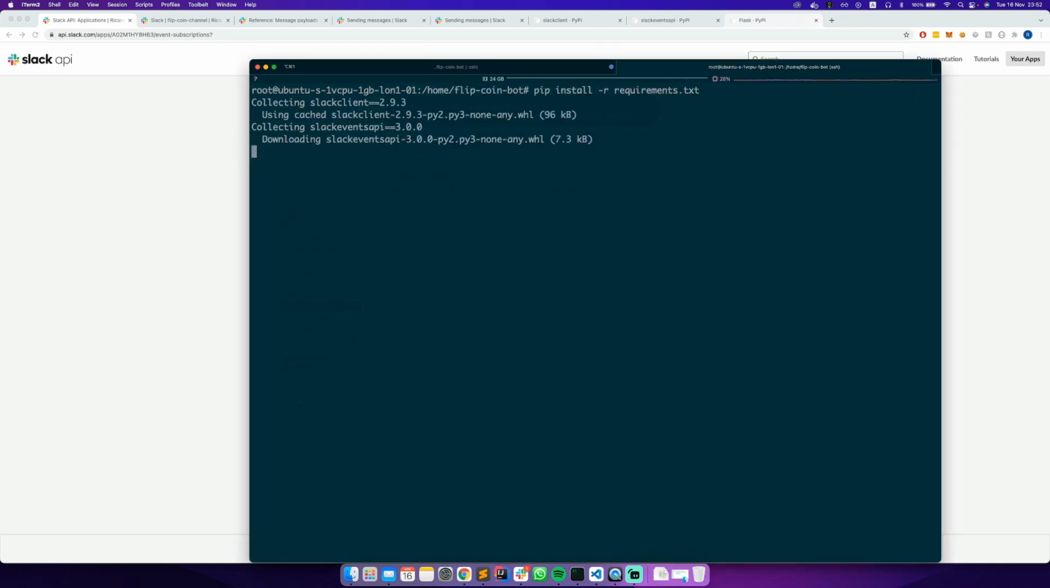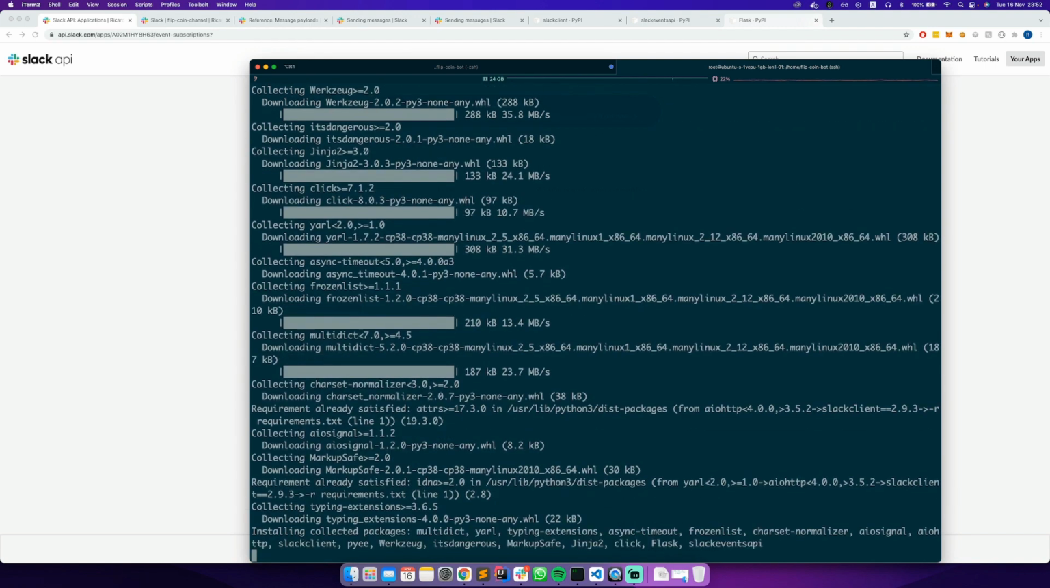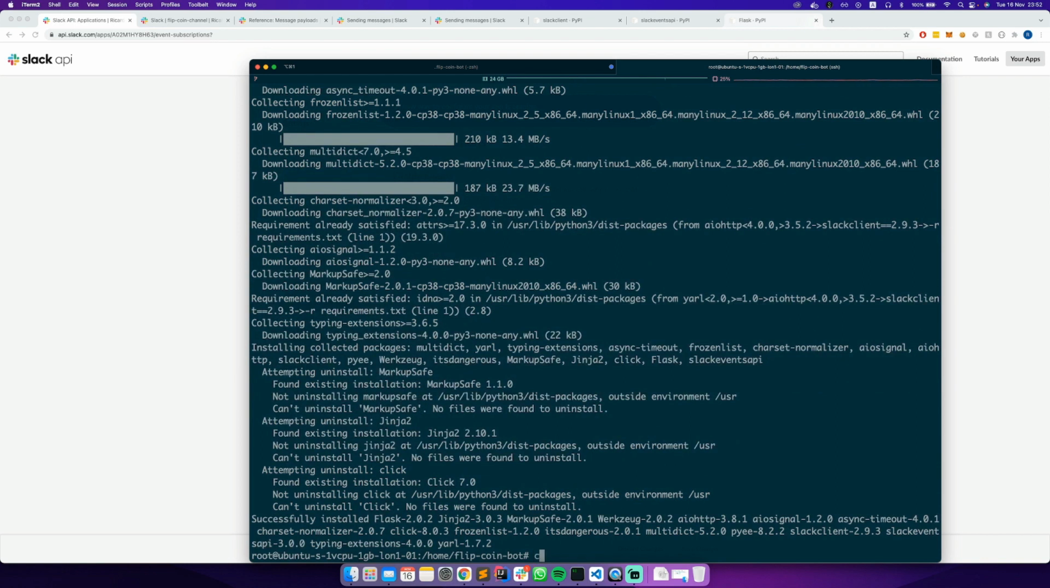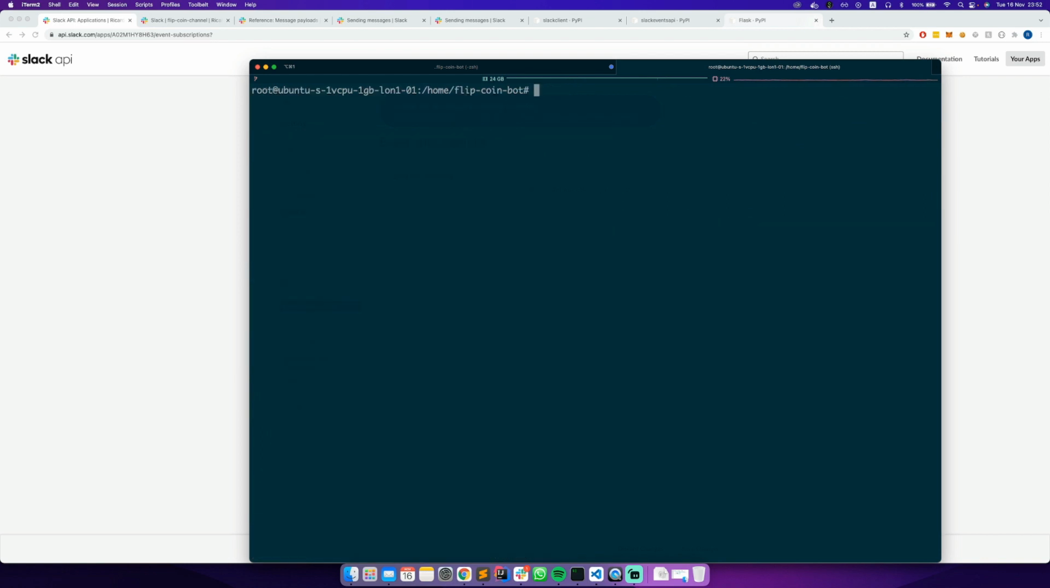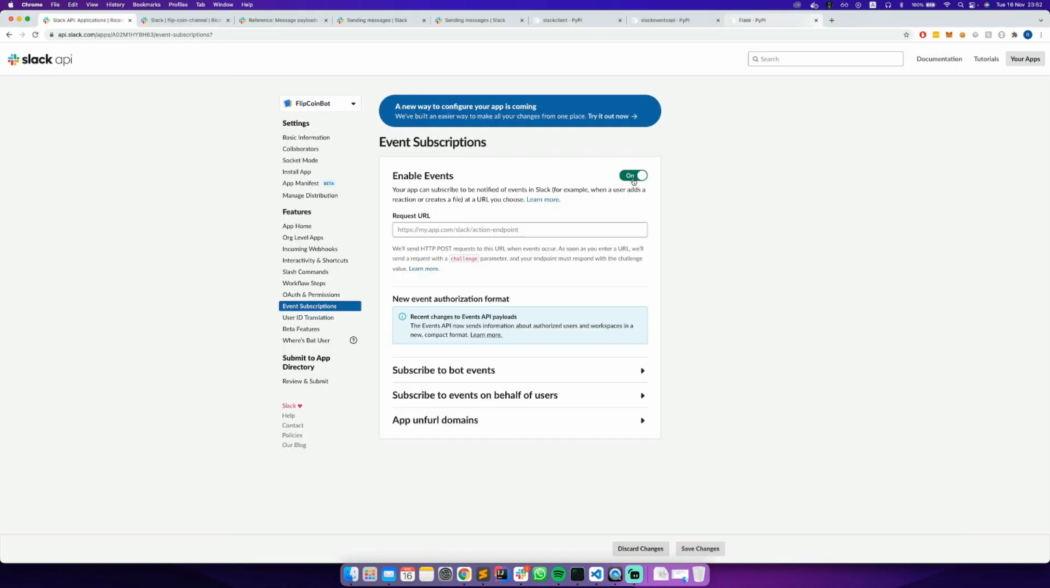Let's see now. Awesome. It's installing everything. Done. So now we can run our app with python3 app.py. Let's see if it boots up, and it's already running. Great. Now you can come here, enable events API,